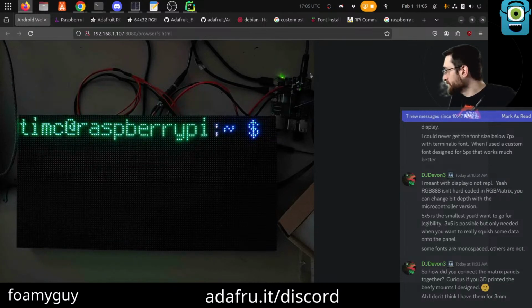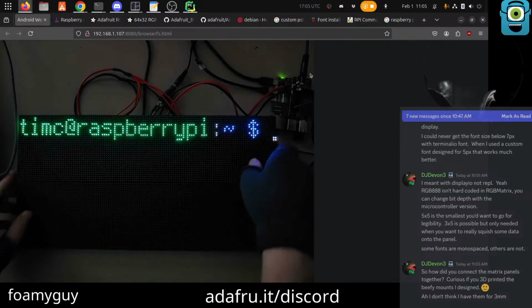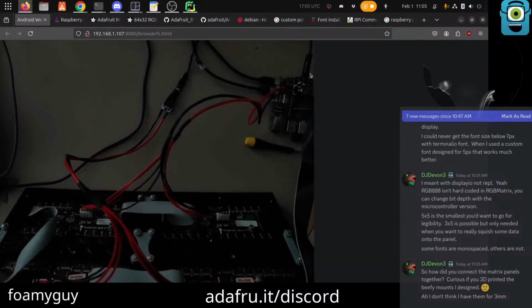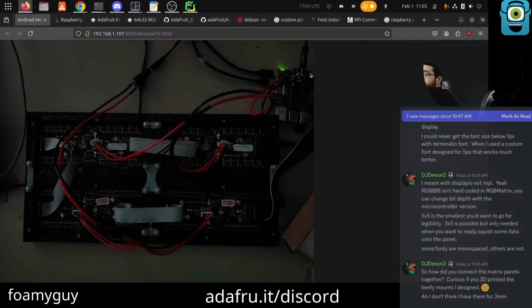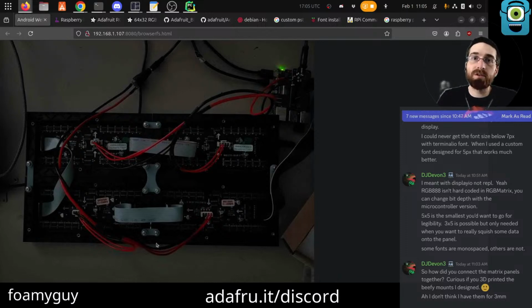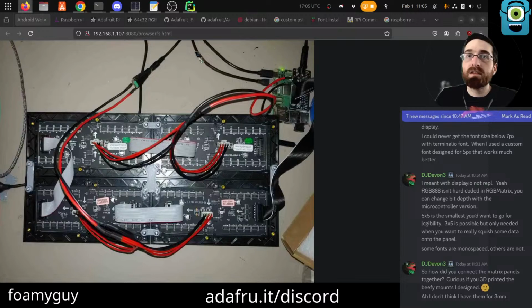I'll flip it over and show you real fast, just so there's at least a picture or video somewhere of what the wiring is like in the back. Like short one, the middle one, short one, long one over here too, but the cable is covering it up a bit. Maybe this will be better and not terrible. Let's see. A bit of a mix of both, but yeah, you can see.